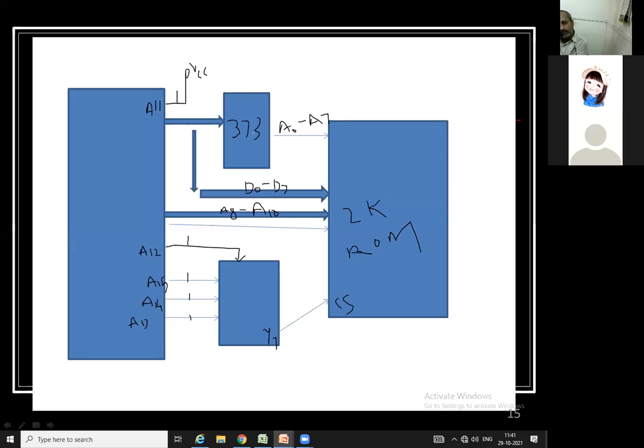मग कधी address म्हणून वापरणार, कधी data म्हणून वापरणार, which is going to be decided by this line, which is ALE, address latch enable. So this is also needed. This is a required part for the interfacing of any of this. Here you're supposed to give the RD bar and all this.